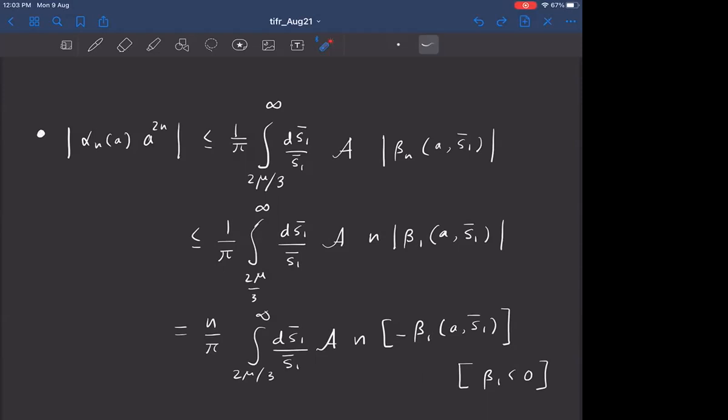I see. But beta n is kind of a simple enough function, right? So you can determine the maximum. Yes, we can determine beta n, but beta n actually looks somewhat similar to these Chebyshev polynomials. There are these representations where you have square roots raised to some power minus square roots raised to some power. So it looks a little hideous. It's not something that you can just stare at. You cannot find the maximum just by imposing the derivative vanishing, and so on. It's quite complicated that way. Okay, thanks.